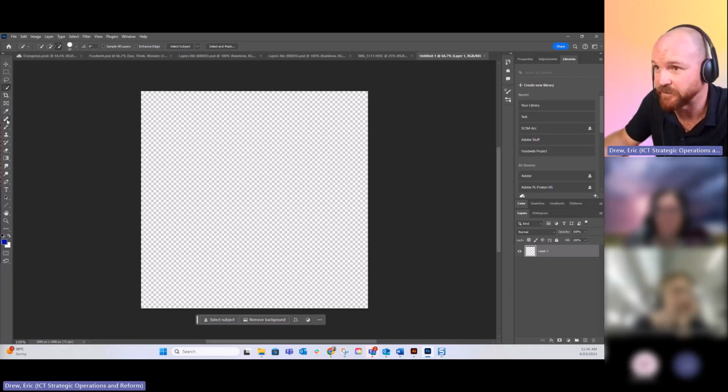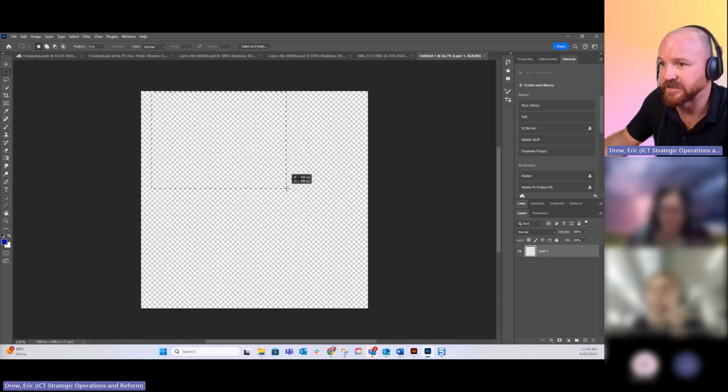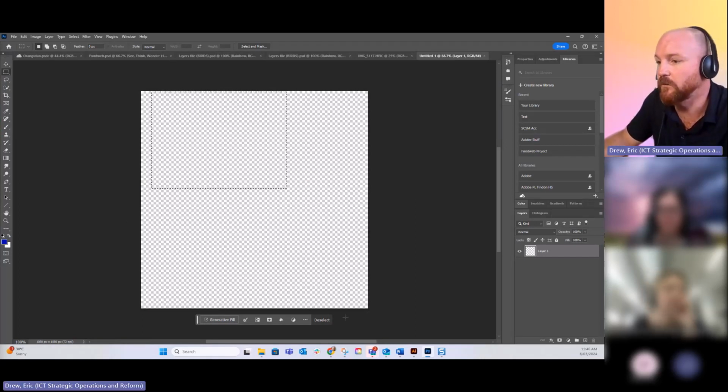They're less than a minute, at least less than 2 minutes, and are great for getting to know the different tools that you can use. These first 4 or 5 tools are the ones that I use the most. So this is just the move tool, where you can click on objects and move them around really easily. And these 3 are your different selection tools. Super important to understand your selection tools. This marquee tool allows you to select a shape, and then once you select something,